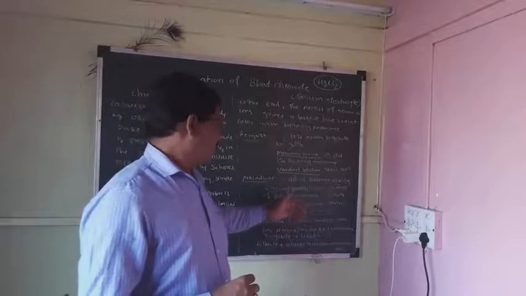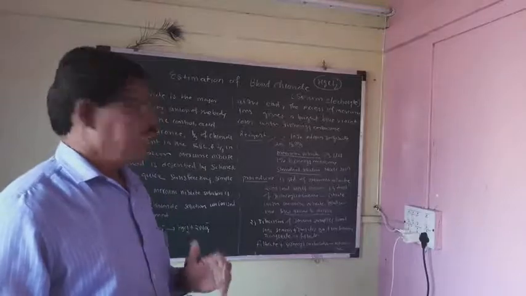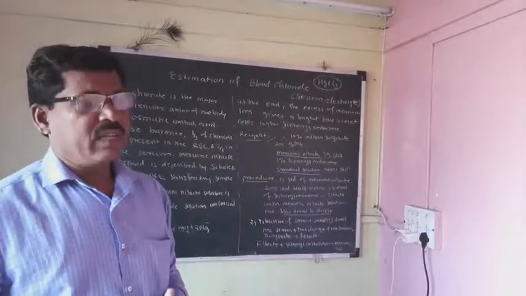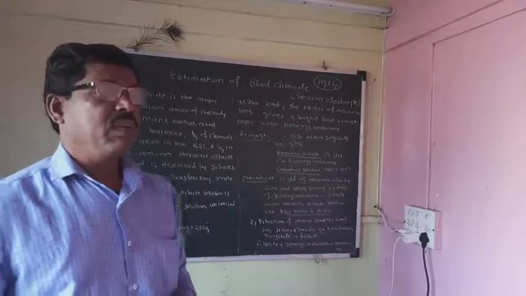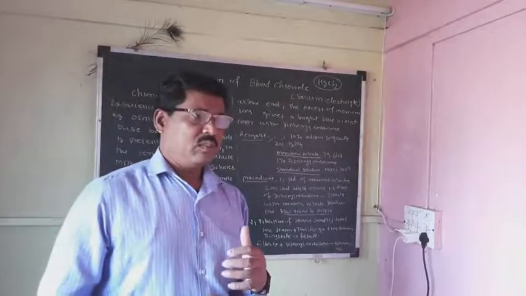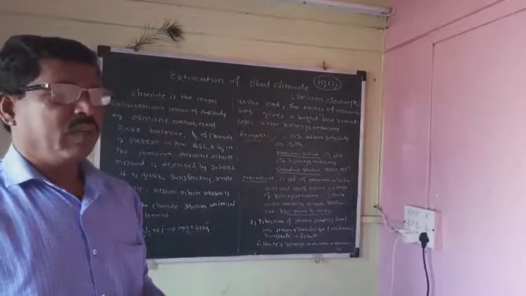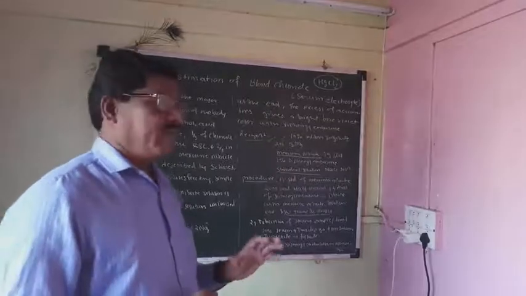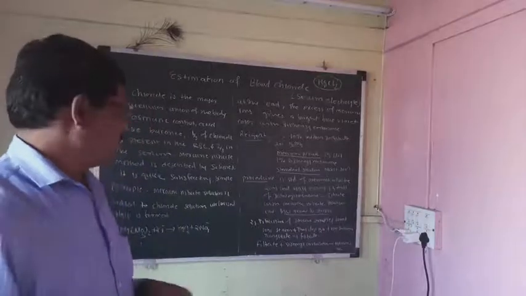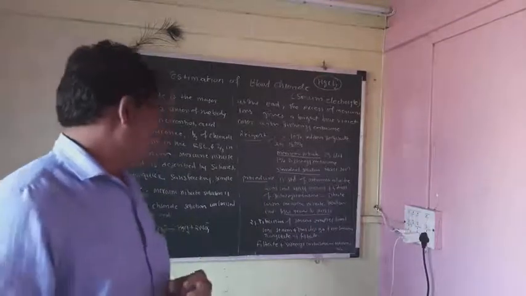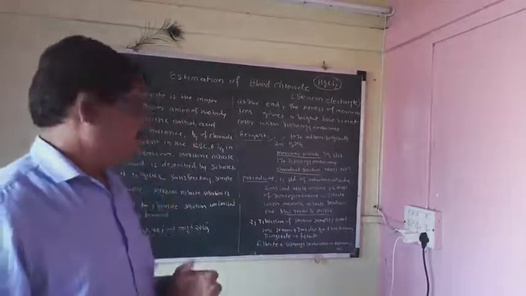Then titrate with mercuric nitrate solution. At the end point of the titration, the excess of mercuric ion reacts with diphenyl carbazone indicator, and the end point is the light yellow color changing to purple violet color, and this is the standardization of the mercuric nitrate solution with the chloride ions. The second part is the titration of serum sample or blood samples which contain chloride ions,